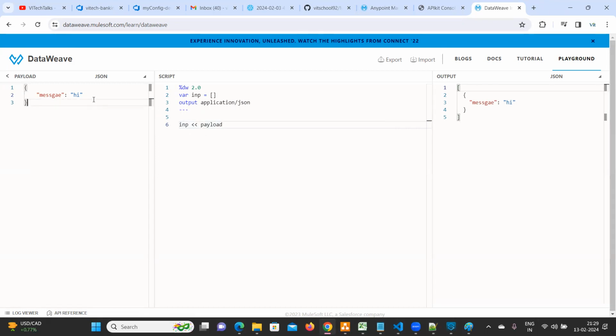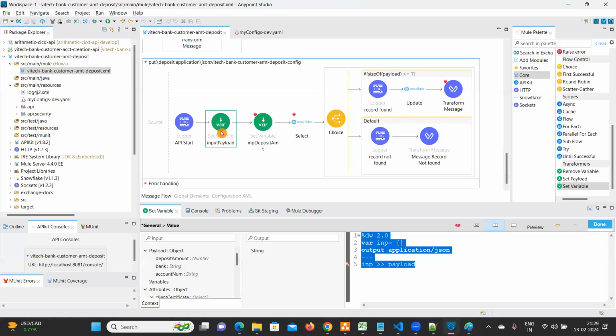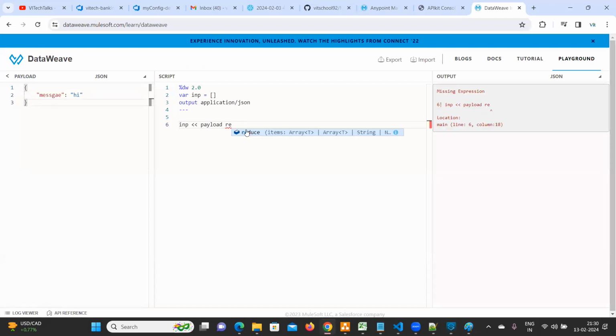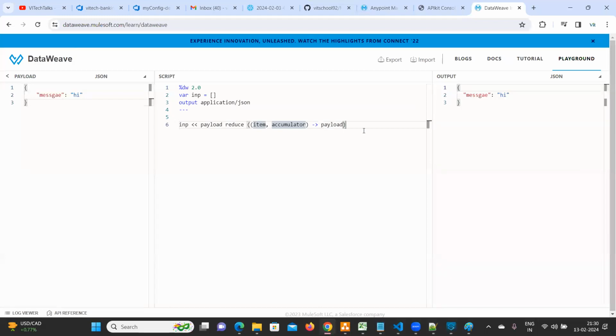In the first requirement also, we have done this. What have we done? We created a separate variable for this, only for the empty array. So here I'm going to keep everything in a single place. Here itself, you can use reduce. So what will it do? It will convert from, see, if I remove this one,